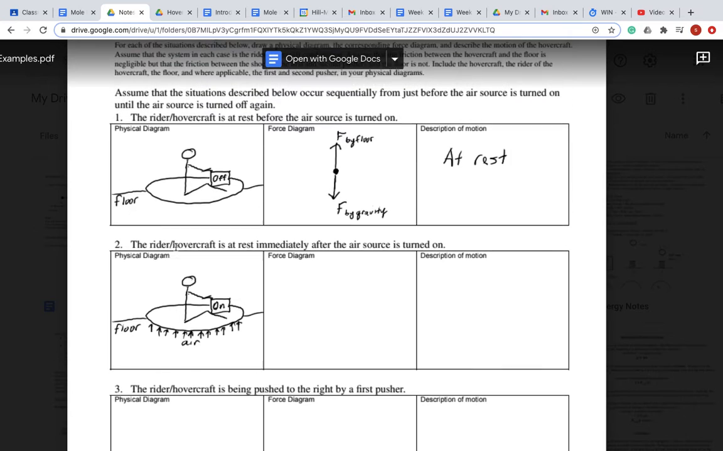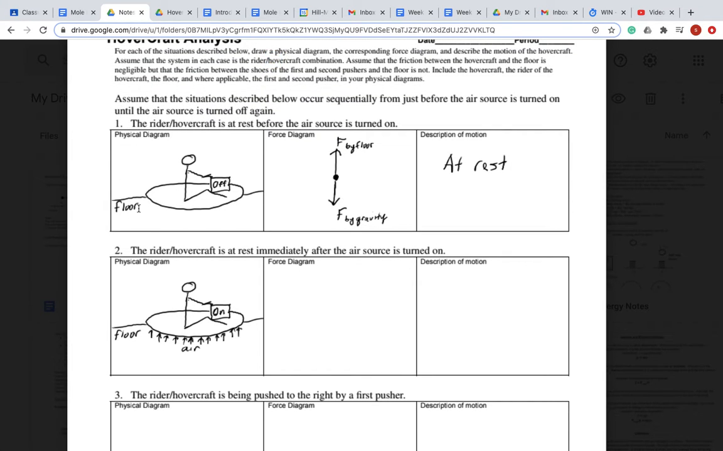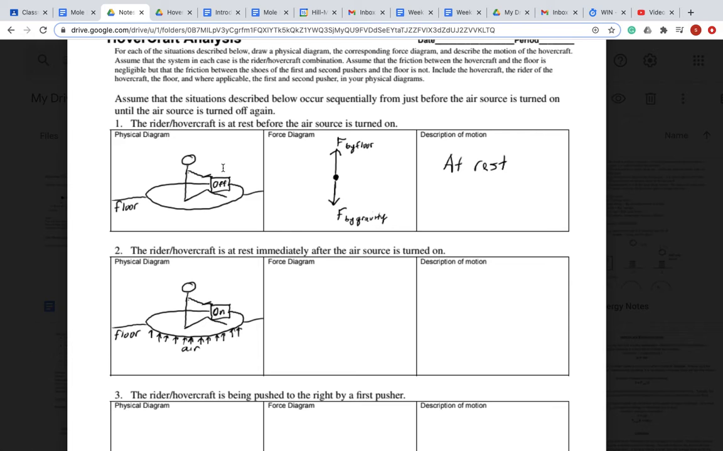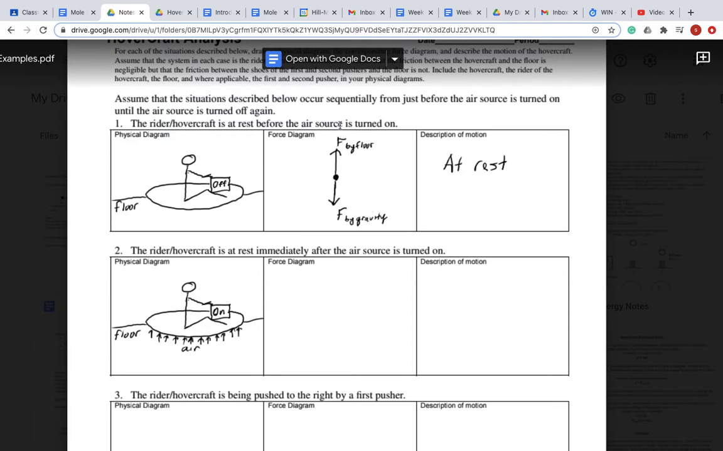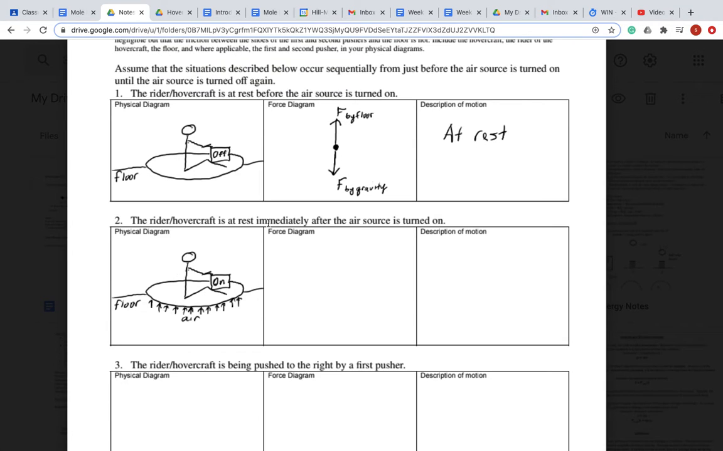in the video. And I already stated them in the video. So let's just go through it quickly. You have number 1, the rider hovercraft, which was my 3-year-old, just sitting on the hovercraft. It's at rest. The air source is not turned on yet. See, it's off on the air source. The second one is the rider hovercraft is still at rest, but the air source has been turned on, and so it's just sitting there on that little bit of air, pushing it up and keeping it off the floor